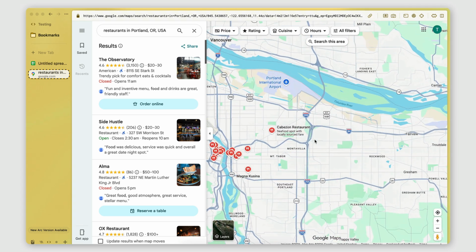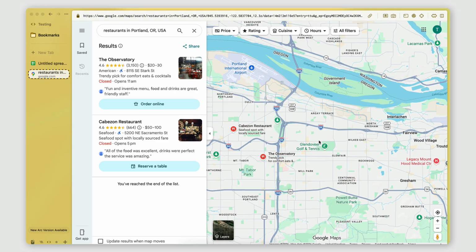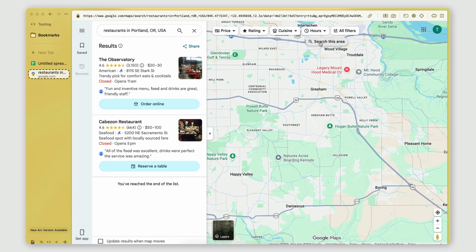So what I'm doing is I'm panning around the map, and then you can see this button here that says search this area. So this will perform the same search, but in a different part of the map, a little bit more up. And what I want to do is, again, copy the URL and paste it in my Google Sheet. And I'm going to repeat the same process, just going around the map,